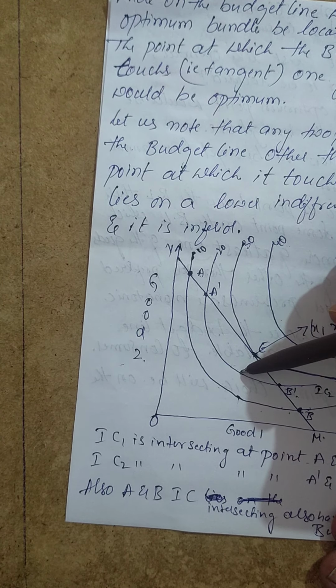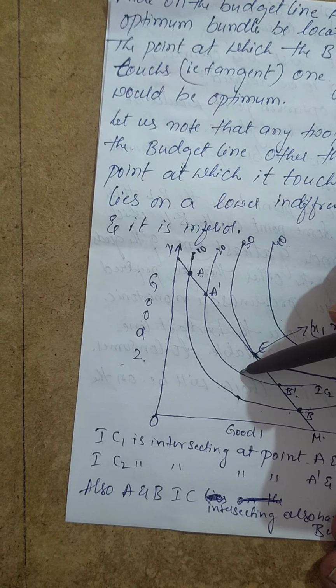On the point of the equilibrium, if you see now, E lies on IC3. We have the budget also the same, but higher satisfaction takes place. So E point is the optimal choice. We consider that point E, which gives the higher level of satisfaction since the indifference curve is touching here and gives the tangent here. So a greater level of satisfaction according to the indifference curve and the budget line.